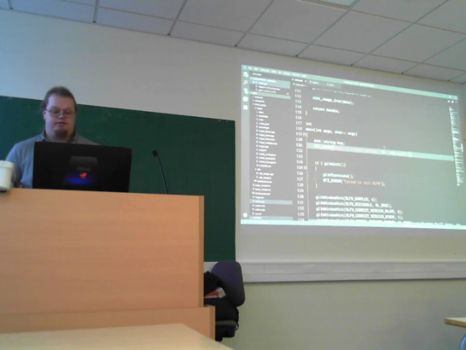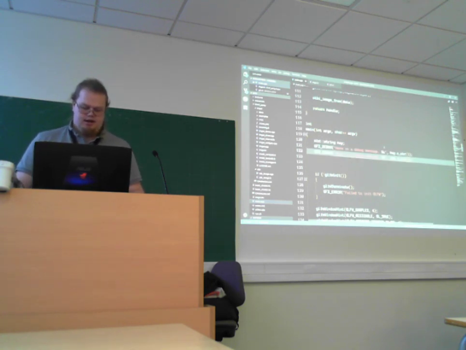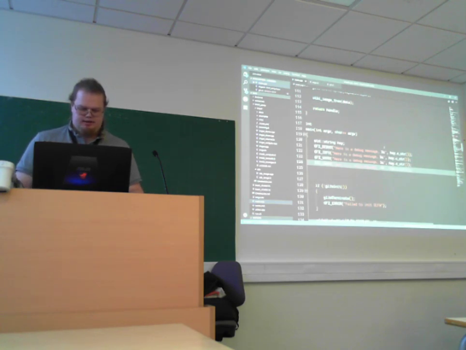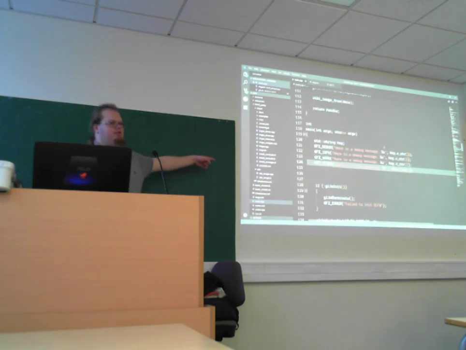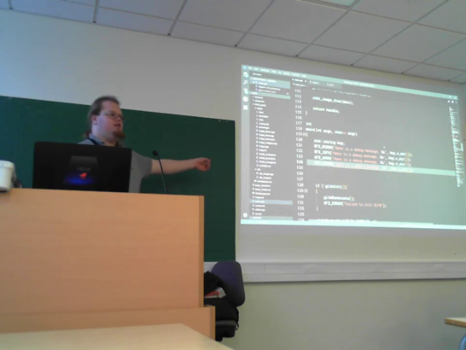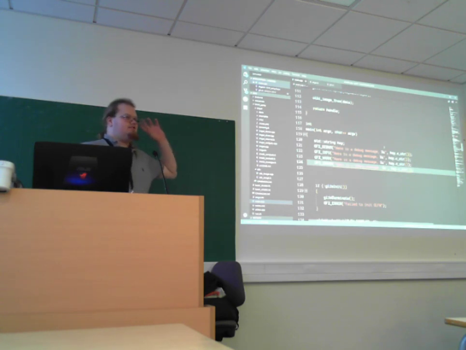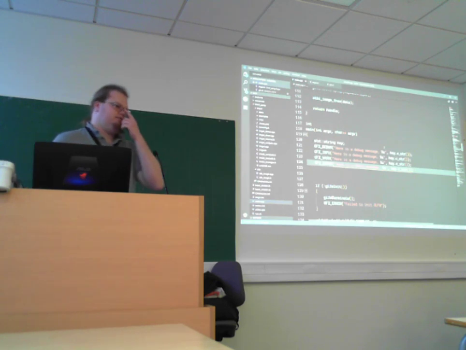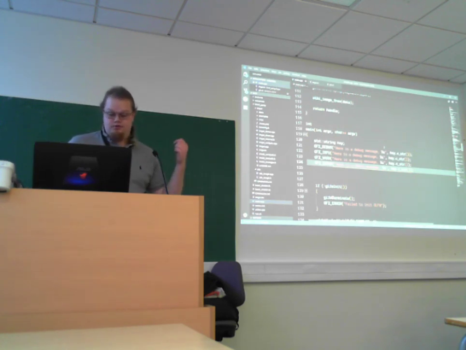We have four different categories of this. We have debug, which is meant for debug messages, info, and warn, which all have different colors. And lastly, error. The difference between error and the others is that if you actually log an error, we also terminate the application. Write this if you're in such a mess that there's no way of recovering. That's when you log an error, we log that for you, and then we terminate the entire application. So you can use those if you want.